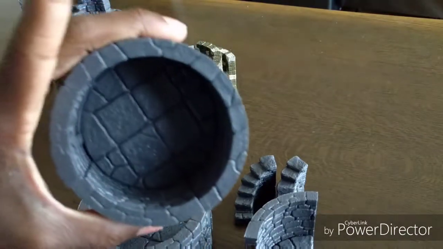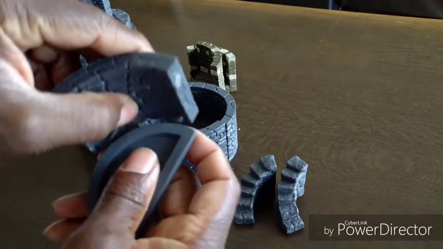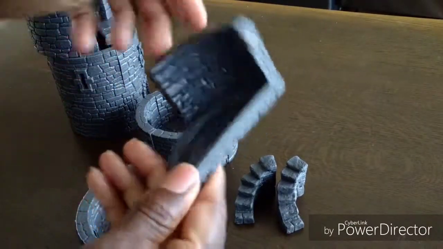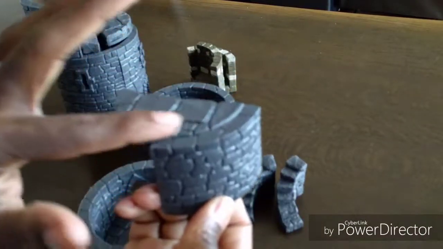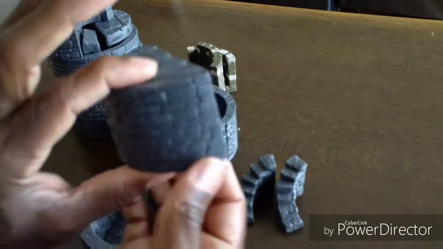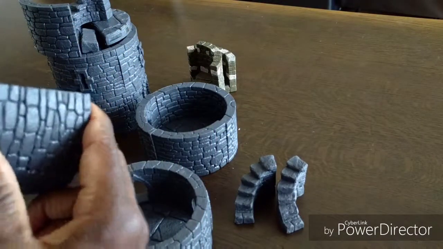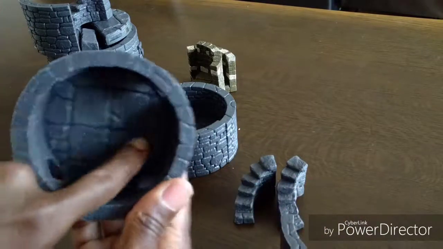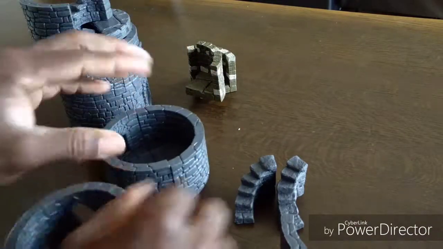One of the beautiful things about this is that you can take the floor and put it in upside down, and you have a nice layer to play with for gaming purposes if you wanted an elevated section, which can give you some good ideas later in play. Keep that in mind. What you get in the pack is 2 full circles, 2 full floors, which is quite nice, and you get